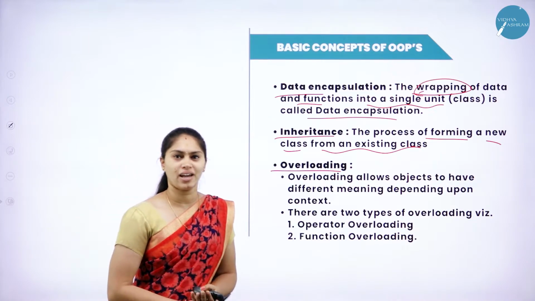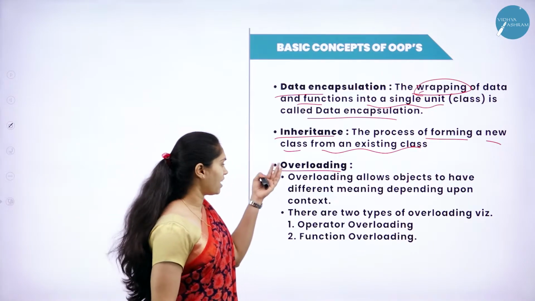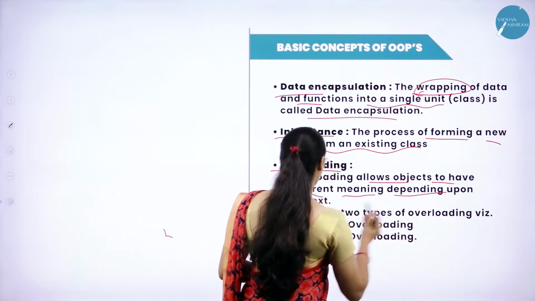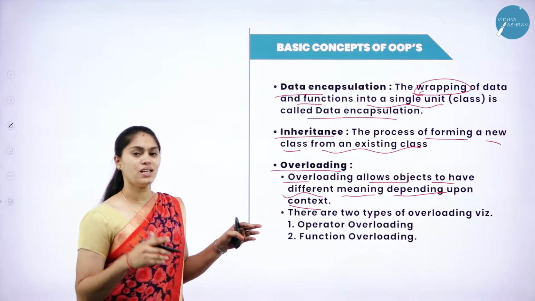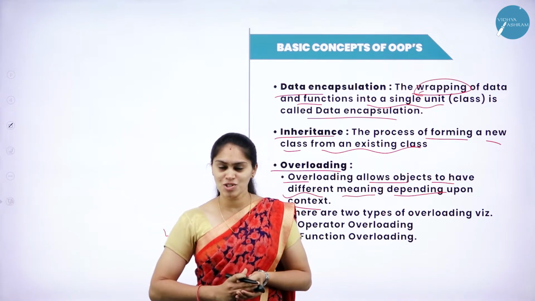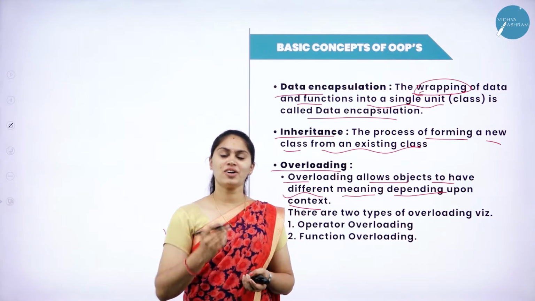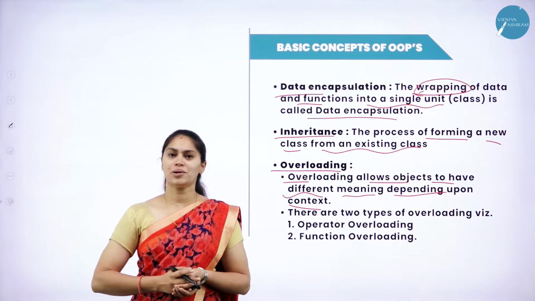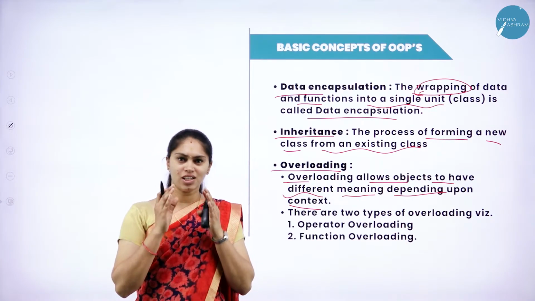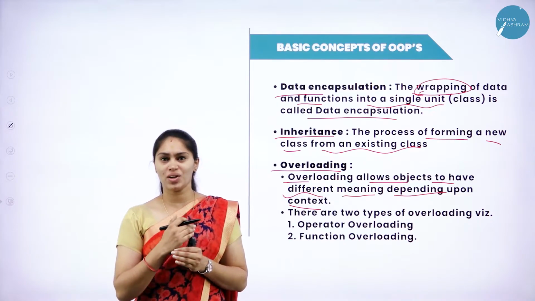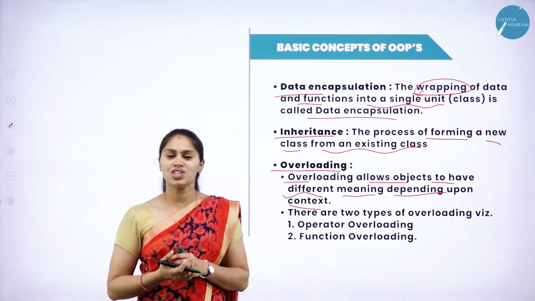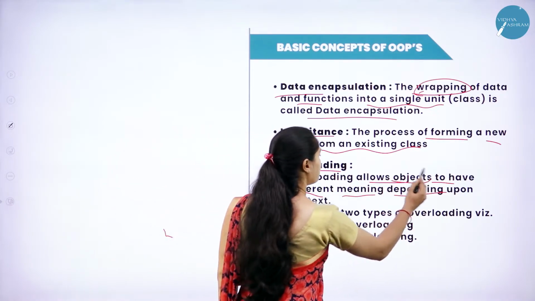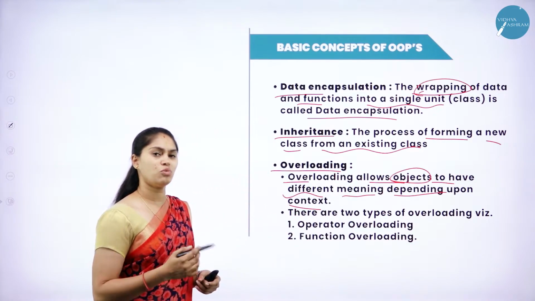Next, what we have? Overloading. What is this overloading? Overloading of food? No. What we are learning here is that overloading allows the object to take a different meaning depending upon the context. For example, if you are in college, you play the role of a student, but when you get back to your home, you play the role of a daughter or a son, a sister, a brother, like that. That means you are the same, but based on the situation or context, you are changing your